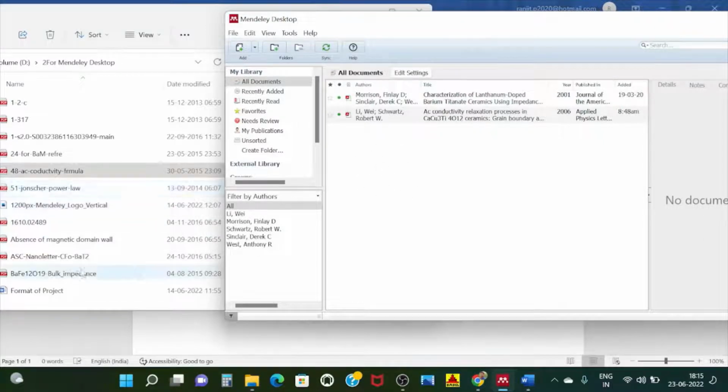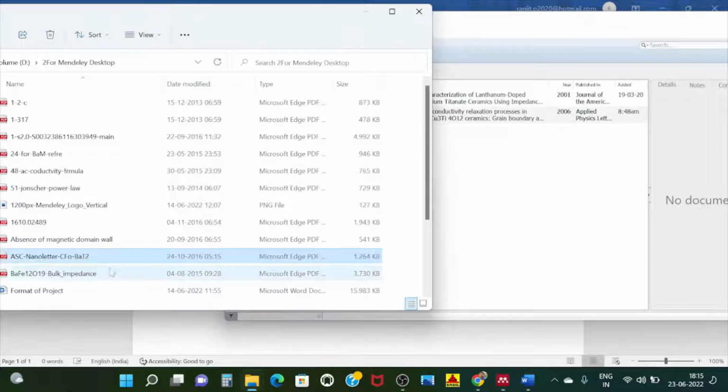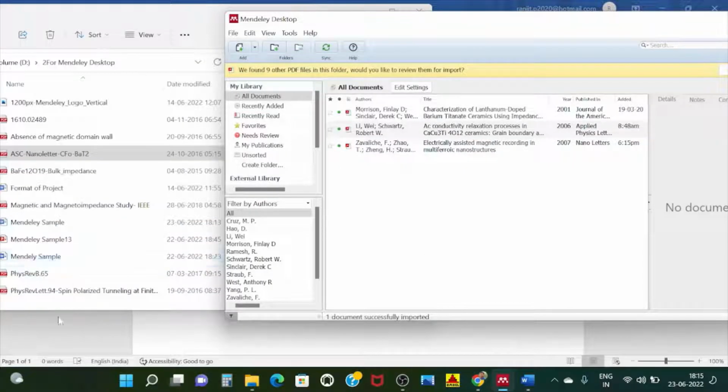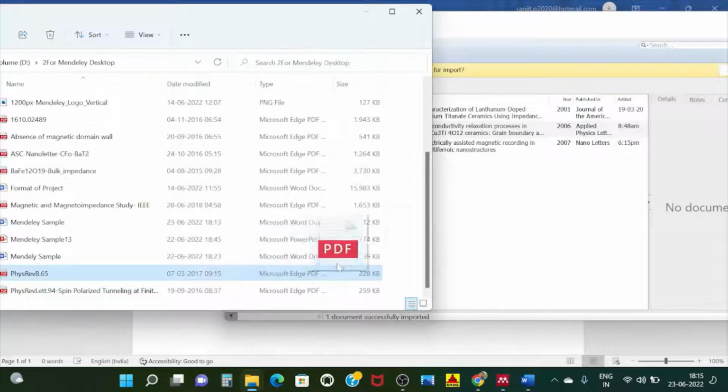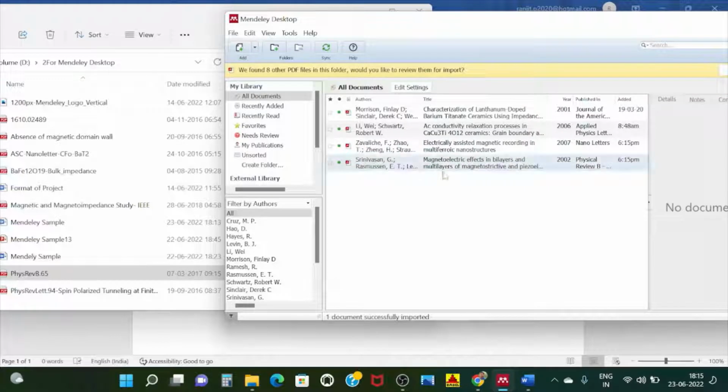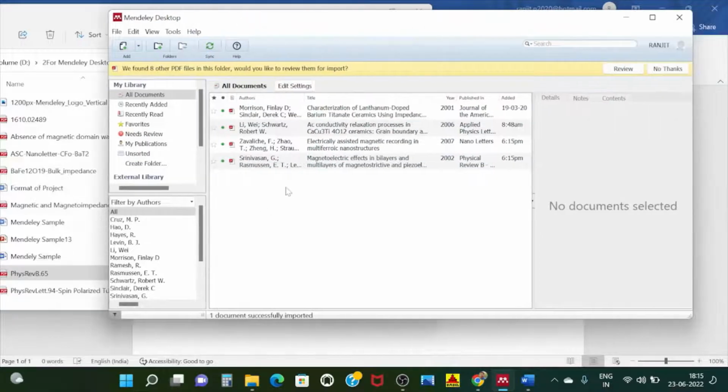Here suppose this is another paper, I can drag and put over here. Another journal, I drag and keep inside this desktop or library. So here I have kept 4 journals,